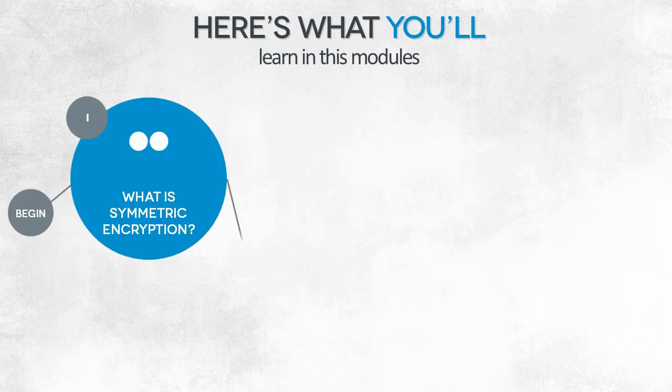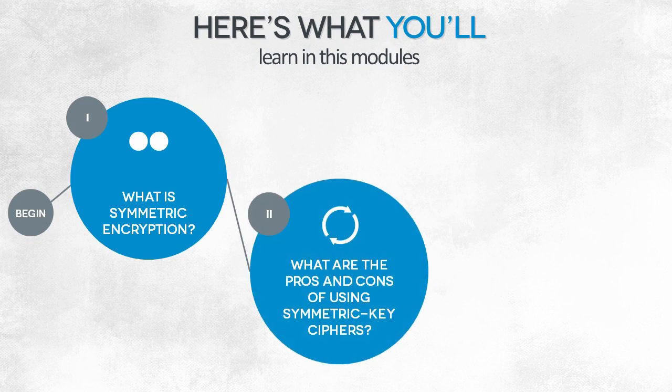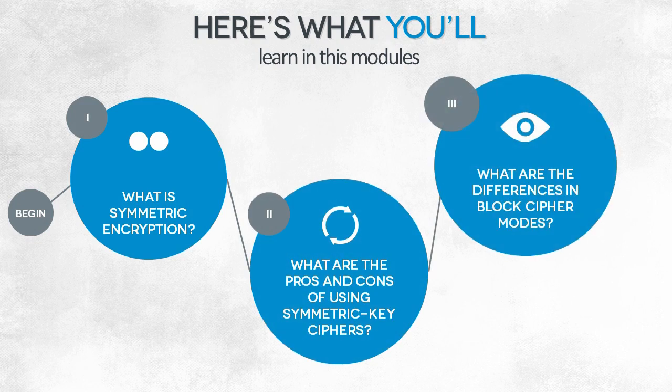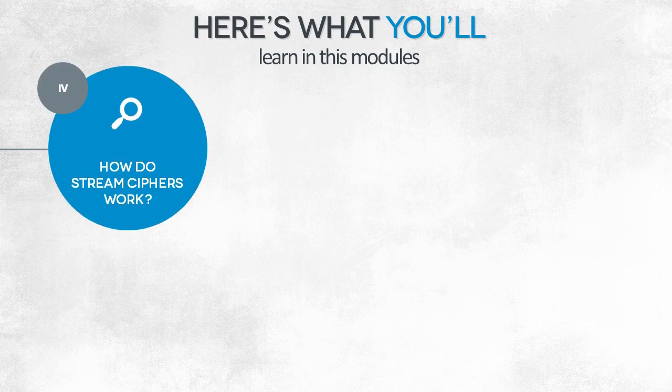The module will talk about the characteristics of symmetric encryption and discuss the flaws and strengths of this solution. We'll review block cipher modes, or in other words, tell you why even the most secure symmetric ciphers will fail if ill implemented. An alternative to block ciphers, stream ciphers, will also be included in the guide. We'll touch upon stream ciphers' insecurity and tell you why the number of their applications is thinning.